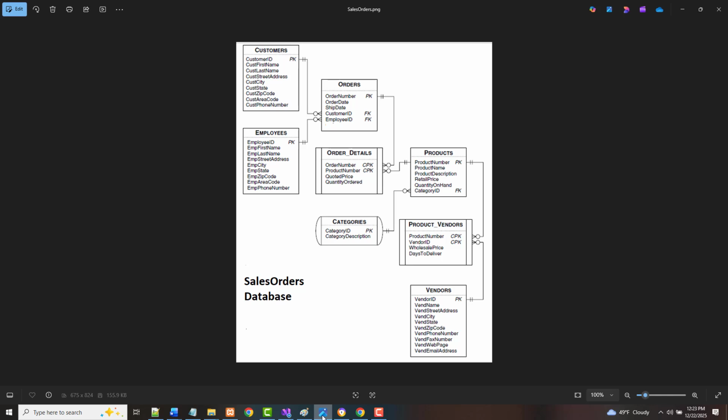We've got a table called customers. We've got a table called employees. We've got a table called orders. We've got a table called order details. We've got a table called categories. We've got a table called products. We've got a table called product vendors. And we've got a table called vendors. Now you can see here